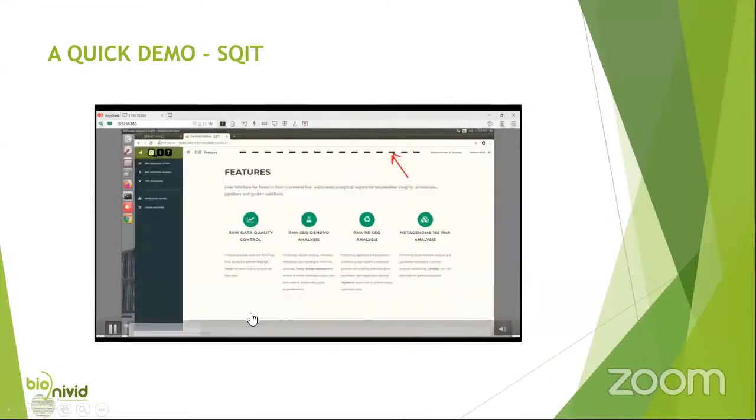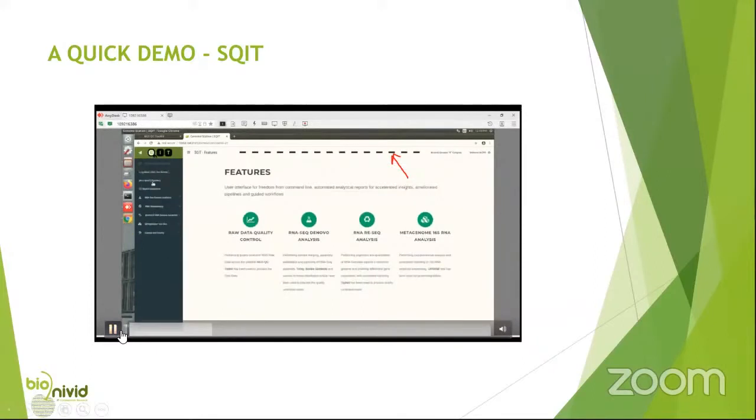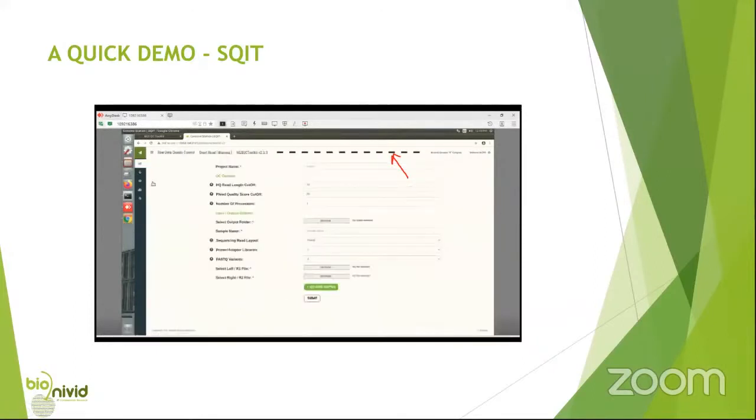So if I take this further, let us see how raw data quality control, the one which I had showed you previously, is performed using the SQIT workbench. So you click on raw data quality control, you select the type of data that you have. We have selected Illumina here. You enter your details, as in you enter the project details here. Basically your project name,